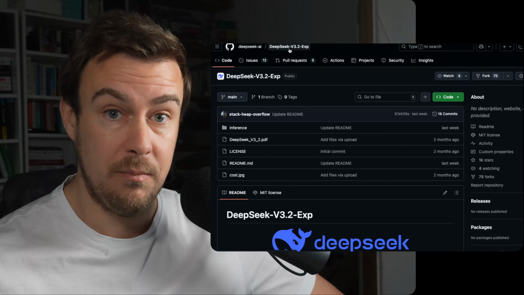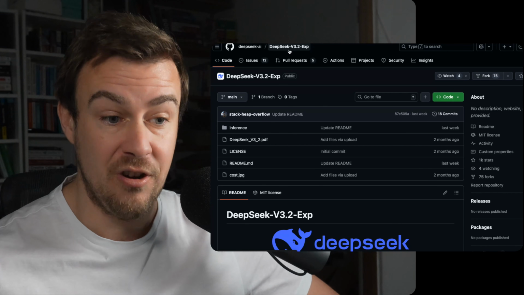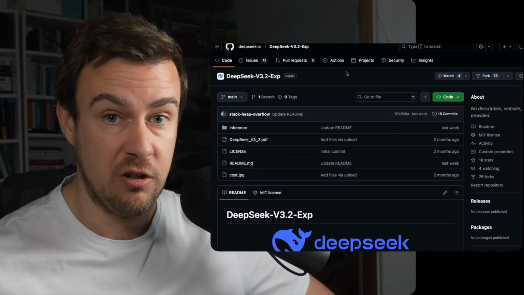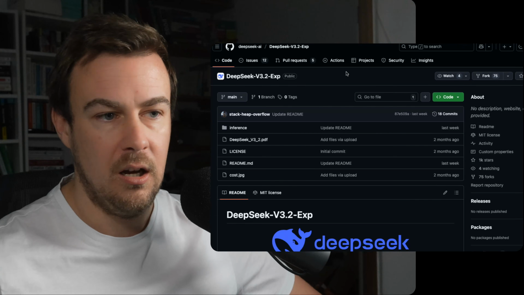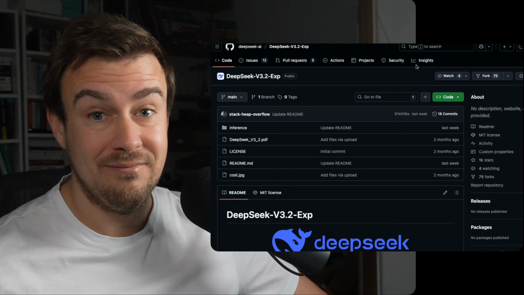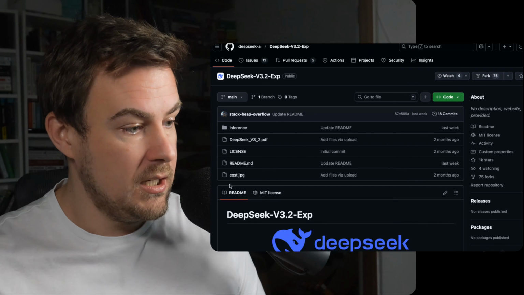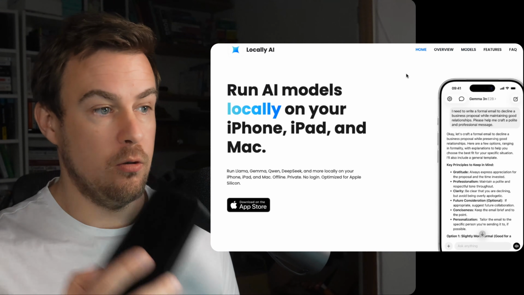Having access to the repo, being able to fine tune it, being able to deploy it locally, being able to create your own version of it is incredibly powerful. And that is not something that most of the American companies are interested in. There is GPT OSS, so they released an open source ChatGPT. It's not very good, and there is no reason to use it when you have access to much better Chinese models. If you want a local model, if you want to do it on your telephone, I recommend something called